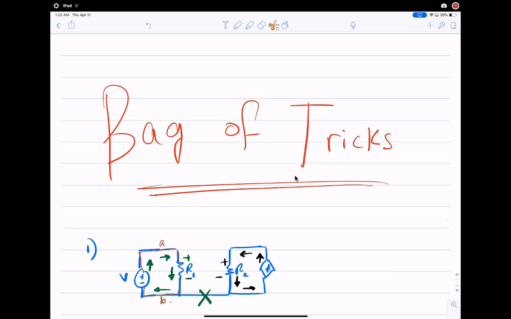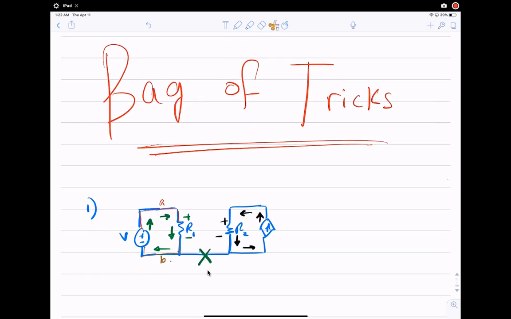In this session we will take some tricks. I'm gonna call it bag of tricks. There's four tricks I'm introducing here. The first trick: sometimes when he gives me a circuit, he would have one way for a current to move from this loop to